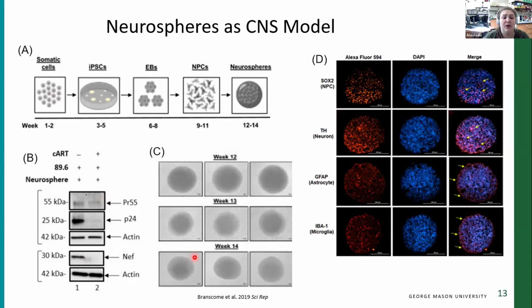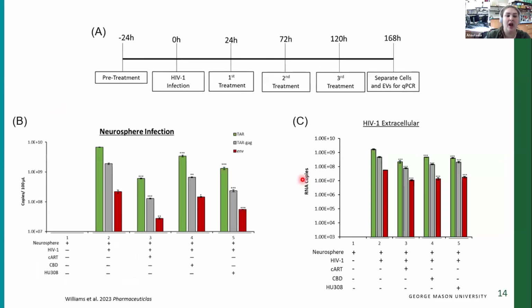And then finally, what you can see here are the neurospheres, and these are 3 separate neurospheres imaged in each of these pictures. They are still showing that nice round neurosphere structure, even all the way up to 14 weeks. Okay, so once we knew that we had a neurosphere system that worked, what we wanted to do was